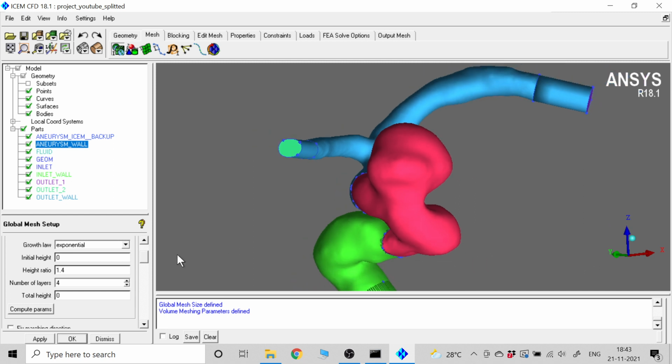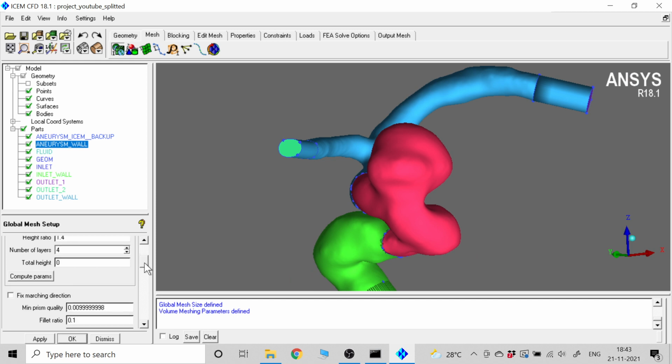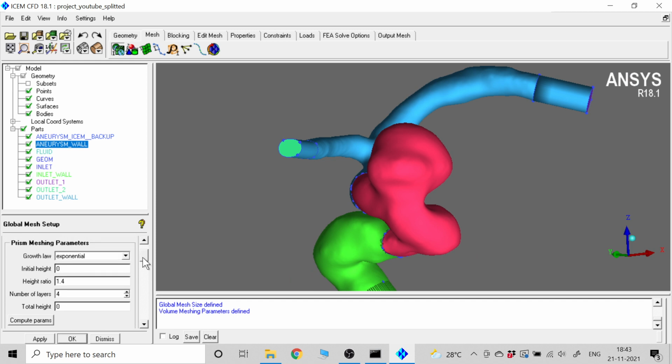So to be safe, here we will not insert any initial height. We'll let ICEM CFD select the height with its own algorithm,